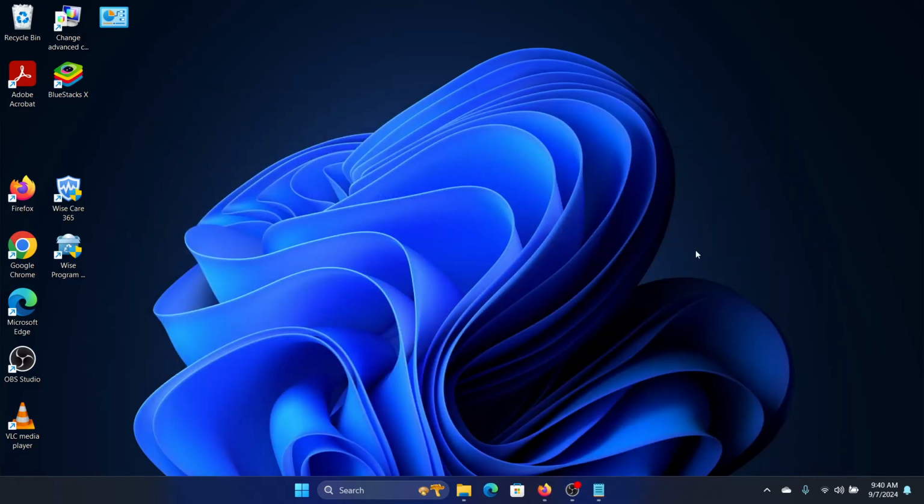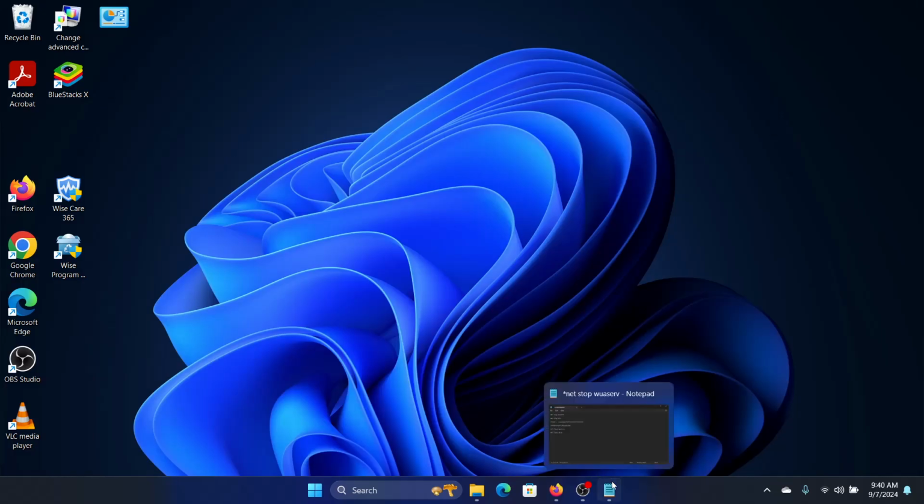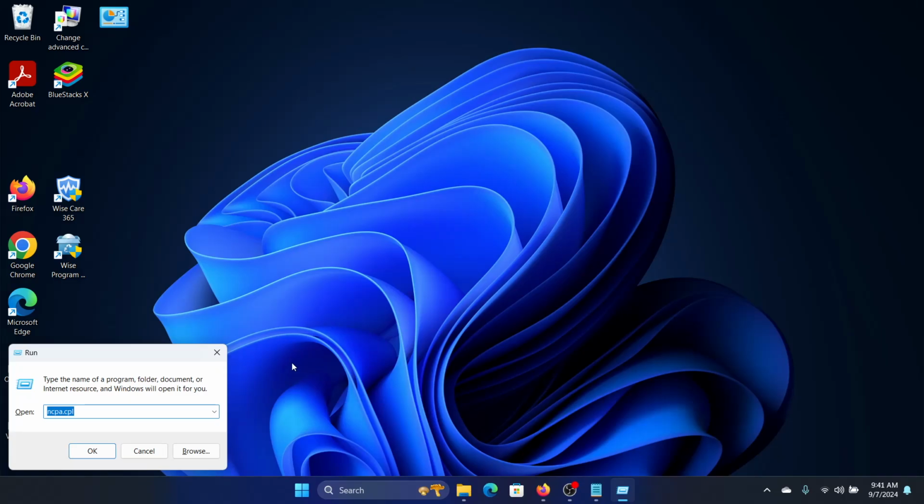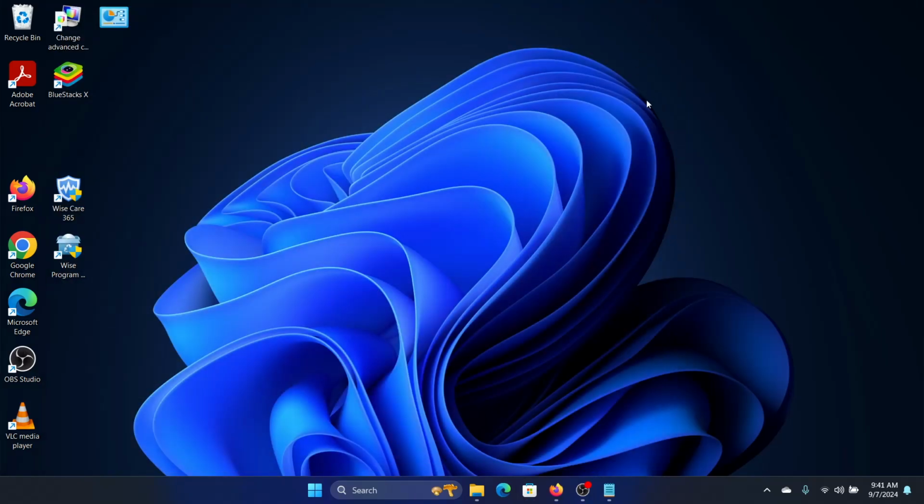And then another thing we need to do is reset the Microsoft Store. To reset Microsoft Store, we need to again open the run dialog by clicking the Windows and the R button together, and we can input the command WSRESET and click enter. And you can see Microsoft Store will be reset, and this should solve the